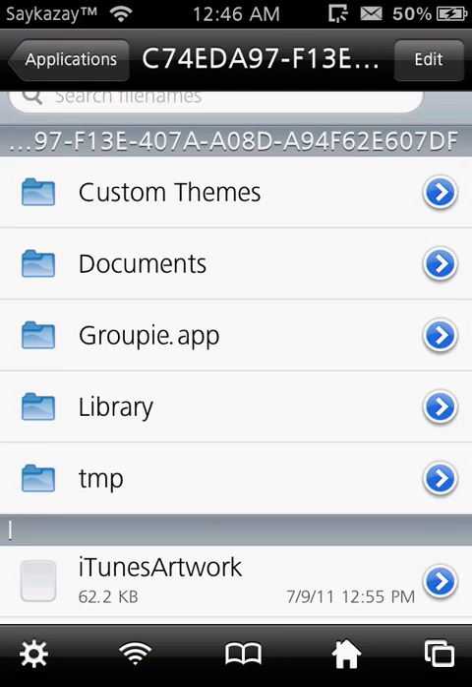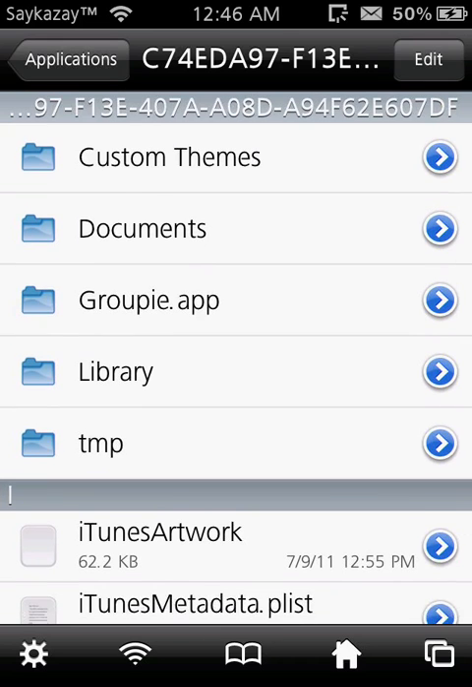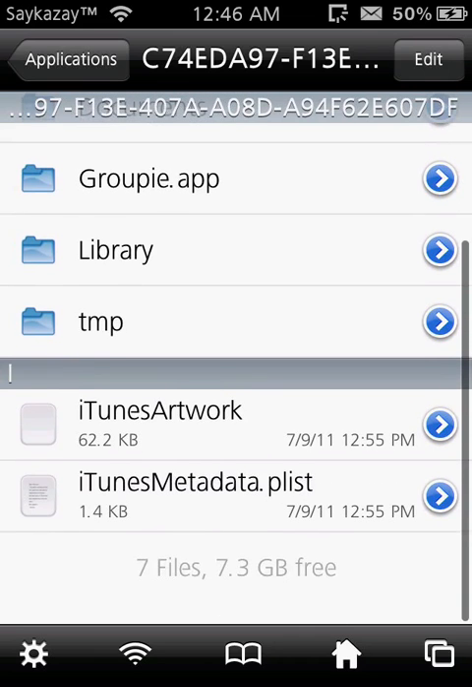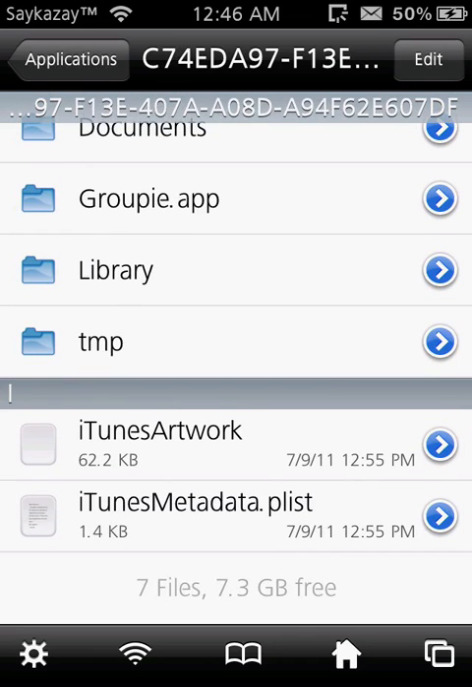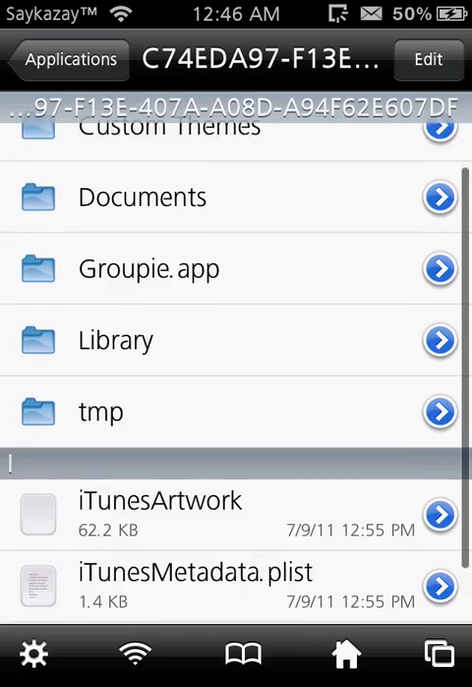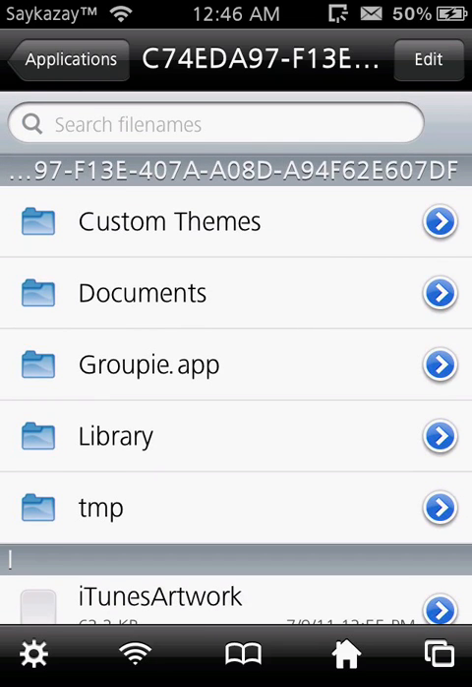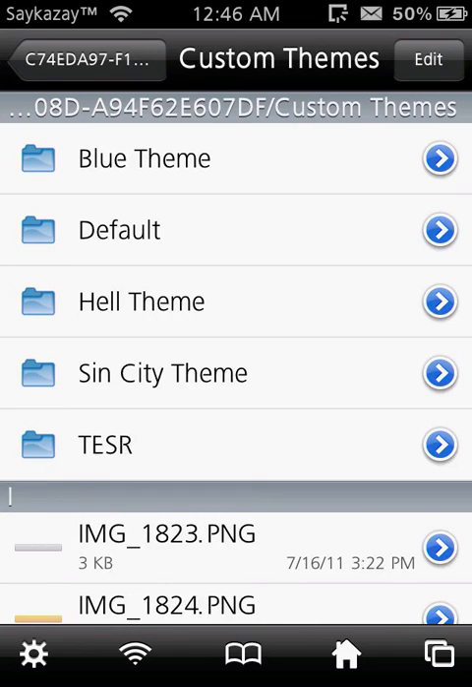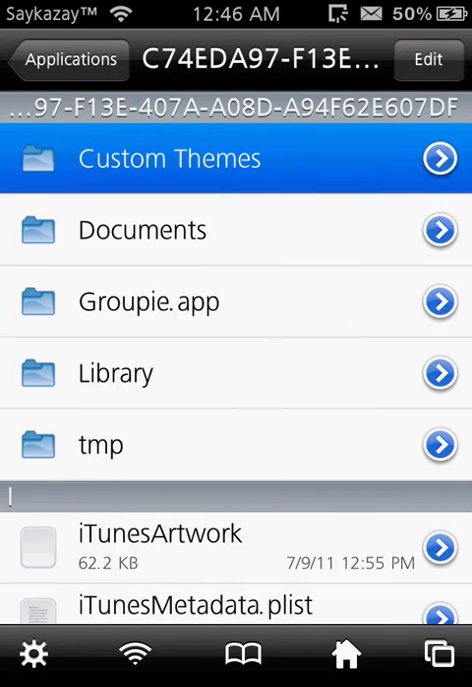And you'll see I have 5 folders there: custom themes, documents, groupie.app, library, and TMP. You will not have the custom themes folder, but I recommend that you create it. You should create it and make a folder called default inside of it. To make a folder, you're going to have to press edit, and